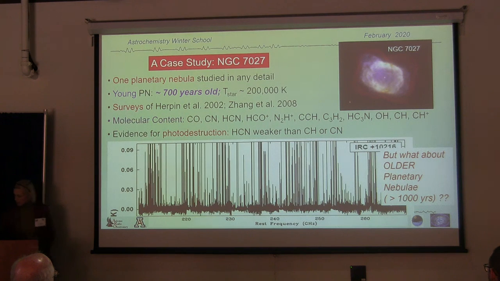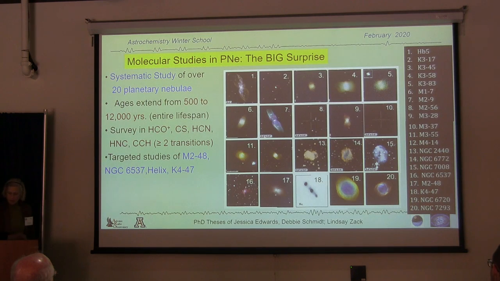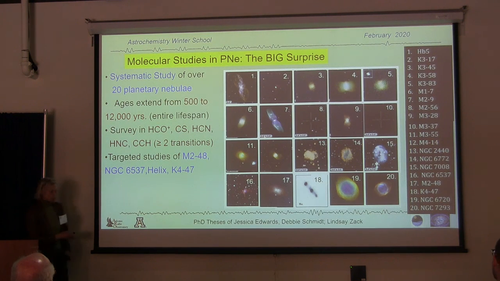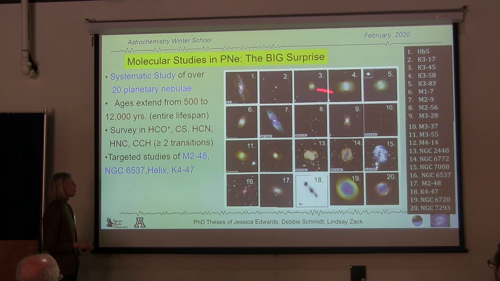That was the question. So, not too long ago, I had a couple of interested students, and we decided to have a really close look at the molecular content of planetary nebulae. So my student went into the Huggins et al. papers and picked maybe 15 or 20 of the top ones. Another student studied some other ones. And they basically came up with this